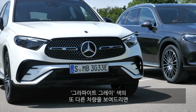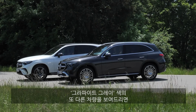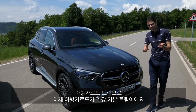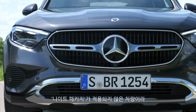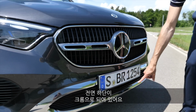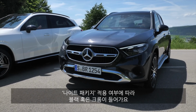And we can directly see the difference with a secondary vehicle for today. This is graphite gray, and the Avantgarde line. The Avantgarde is now the base trim and has the front grille with these vertical fins right here. This one also does not have the night package, and therefore the lower part is in chrome. So you can either go for the sinister look or the brighter look, depending on night package or